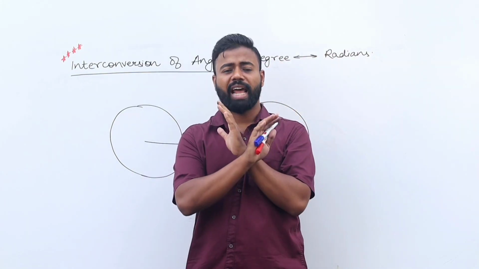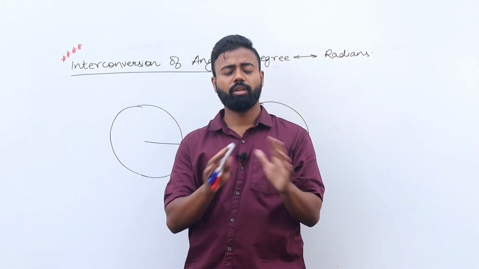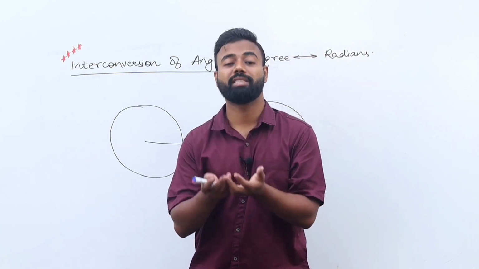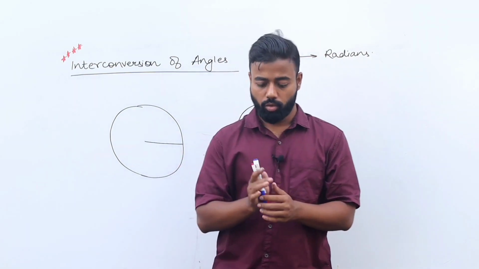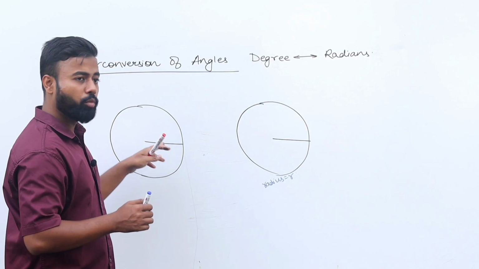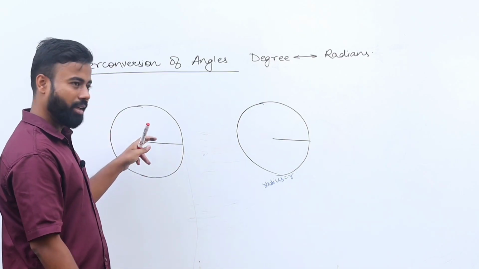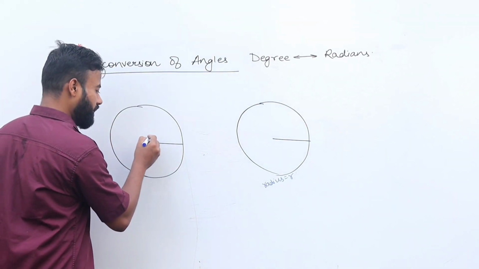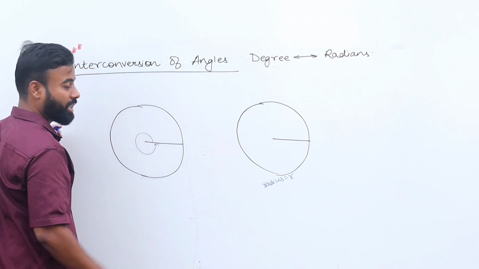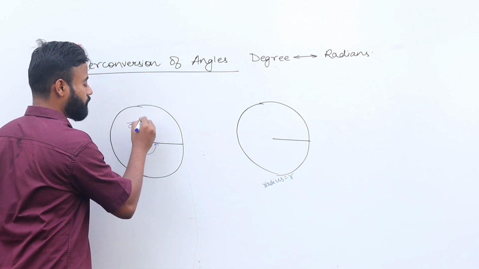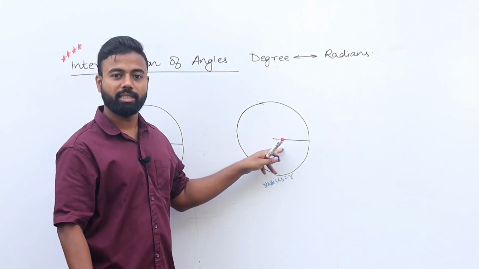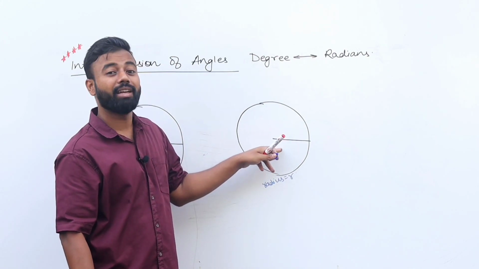We will not just cram the formula, just mug up the formula. We will also go through the basics of how that formula has been derived. So let's move. If we are measuring the angle in degrees, we have seen in the earlier section how much this angle was in degrees. It was 360 degrees. Let's find out how much this angle is in radians.